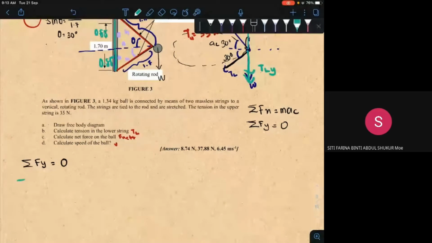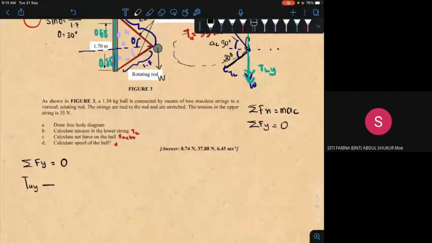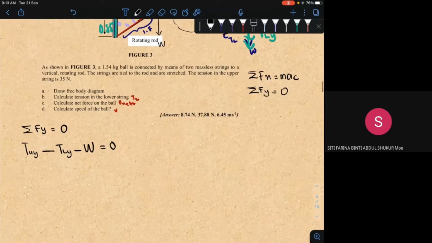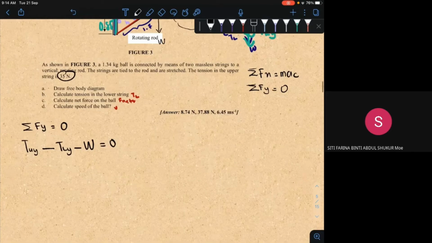So T upper along Y minus T lower, minus because T lower is in the downwards direction, minus also W because it is in the downwards direction, equals to 0 here. And then T upper here is given as 35 Newton, it has been told already. So T upper along Y here will be 35, since the theta here 30 degree is touching the X component, so it will take sin 30. So 35